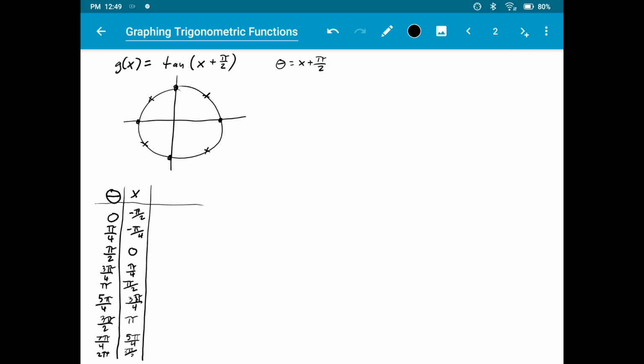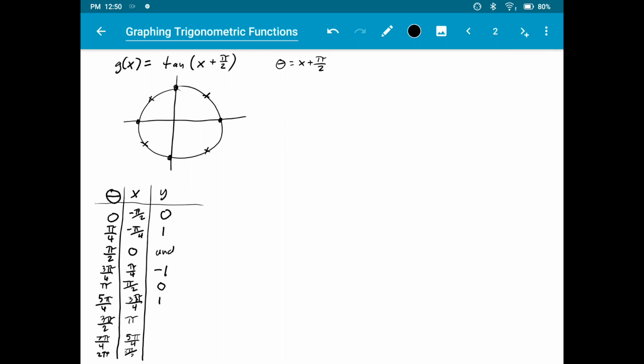And this will give us y values of, well, for tangent of 0, we're talking about the sine being 0, the cosine being 1, so that gives me 0 over 1 is 0. For pi over 4, the tangent of pi over 4 is 1. The tangent of pi over 2 is the sine of pi over 2 over the cosine of pi over 2, is 1 over 0. That's undefined. For the tangent of 3 pi over 4, we get negative 1,